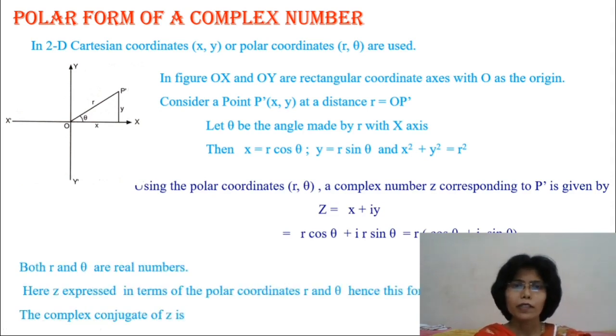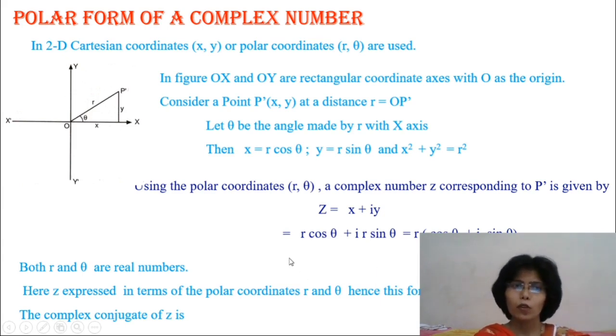Using the polar coordinates r, theta, the complex number z corresponding to P' is given as z = x + iy. Now we'll substitute the value of x as r cos theta and y as r sin theta. So the value of this complex number z will be r cos theta + i r sin theta. So we'll take r outside and it will become r (cos theta + i sin theta). Both r and theta are real numbers. Hence, z is expressed in terms of the polar coordinates, and the polar coordinates are r and theta,